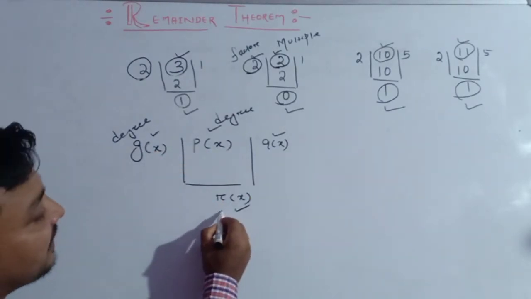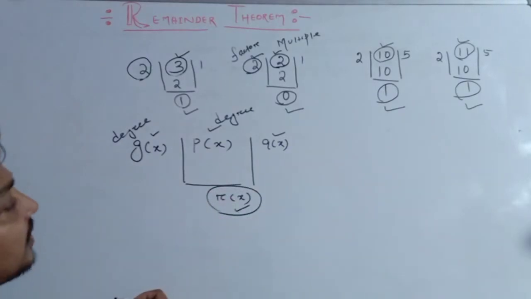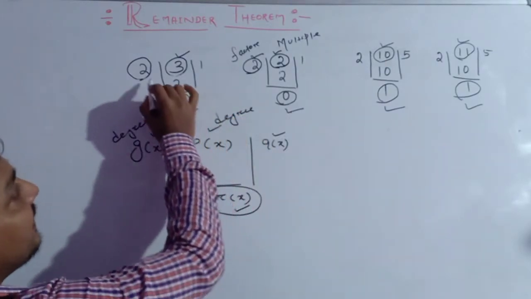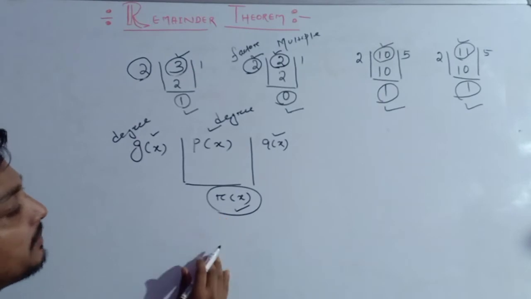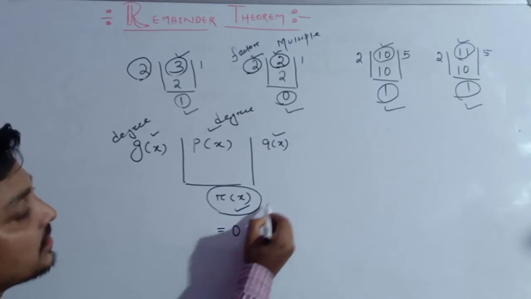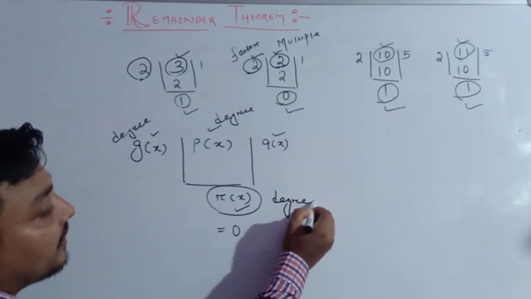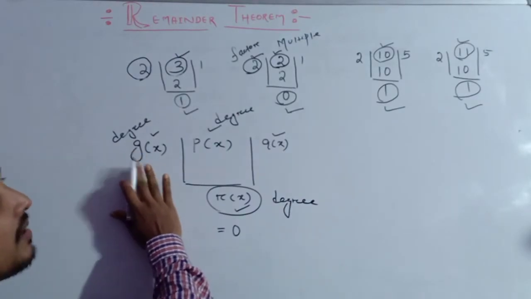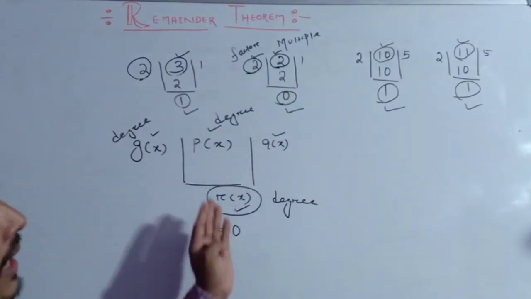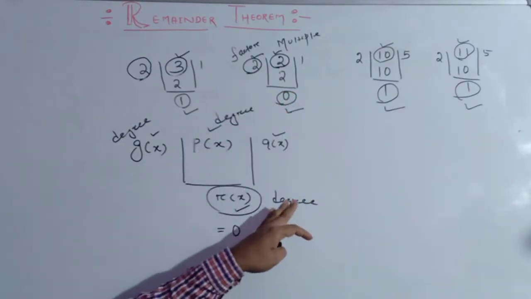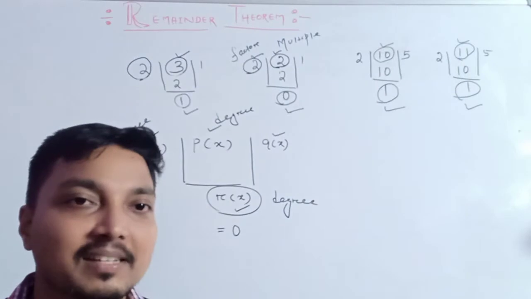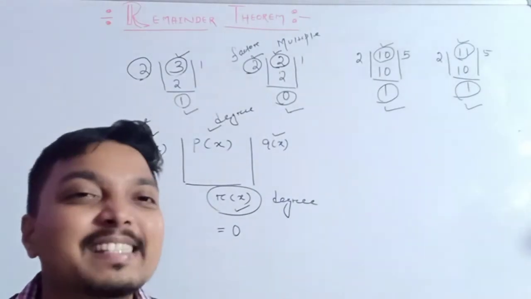Now we are discussing the remainder. Previously, the remainder was either 0, or otherwise always less than the divisor. So here, remember, either the remainder will be 0, or otherwise the degree of the remainder will be less than the degree of the divisor. Just like the previous one it may be 0, and otherwise the value was less, but here I am saying the degree will be less than the degree of the divisor. Rest everything remains the same. Understood?